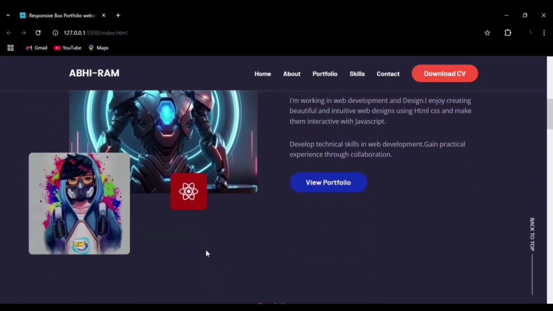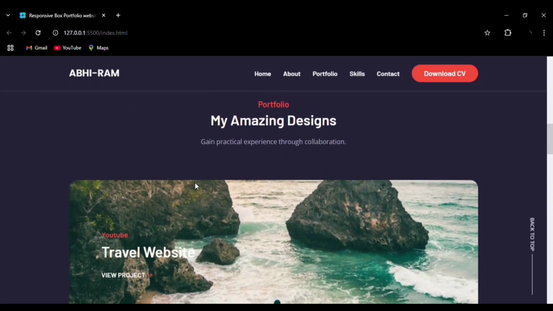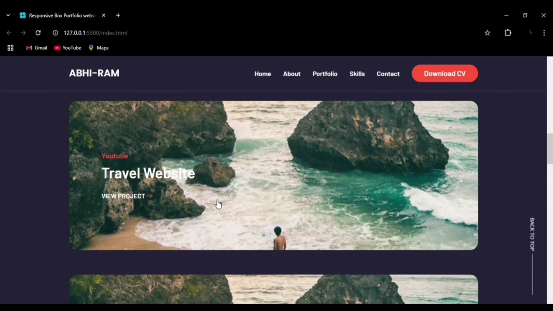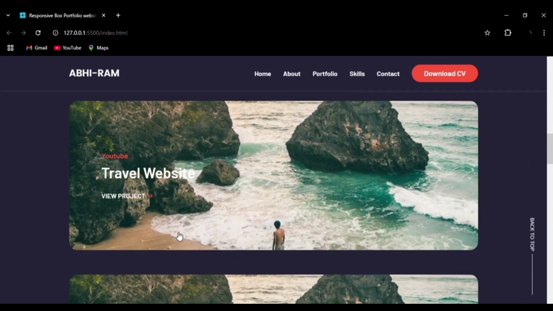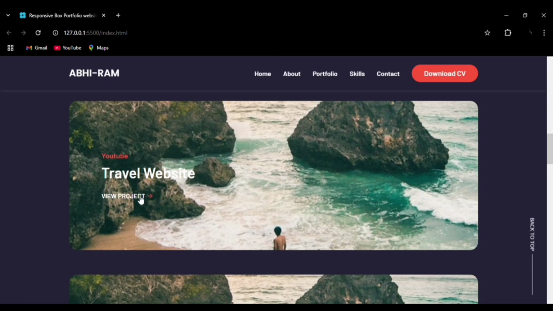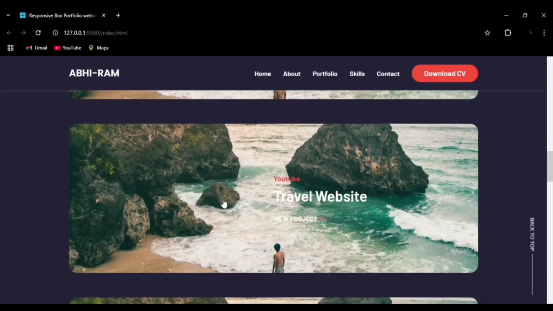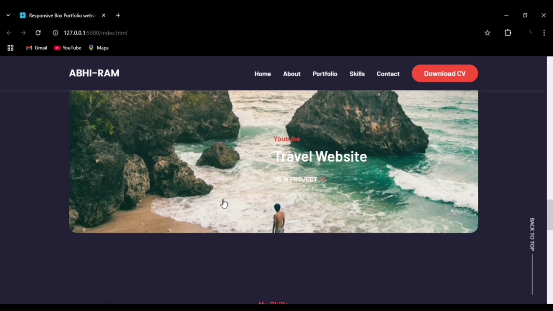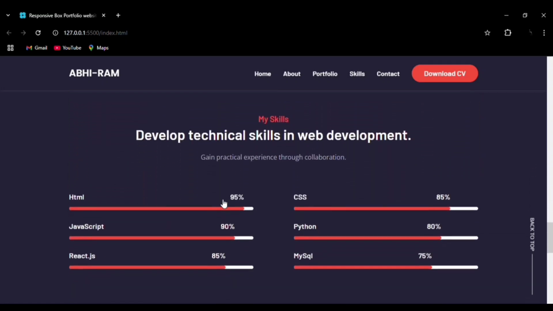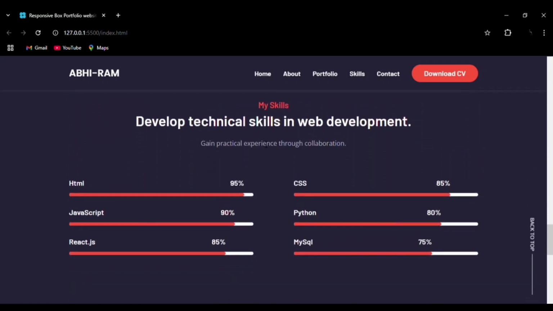Then we have the portfolio section, and you can see the hover effect on it. Zoom in, and you can see the view project button, and you can implement as many projects as you want. Then we have the my skills section, and by using the bar, this is done by using CSS